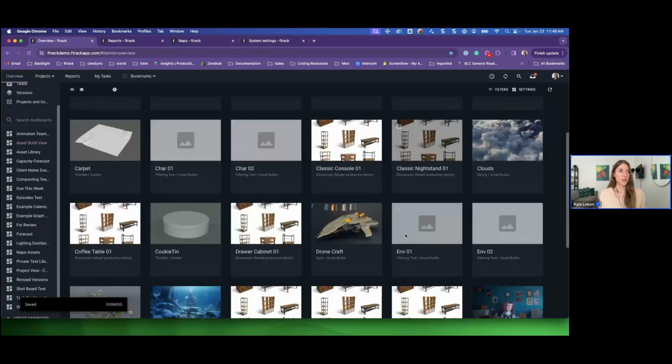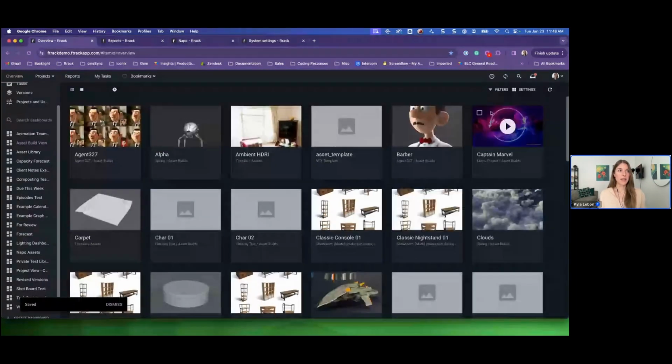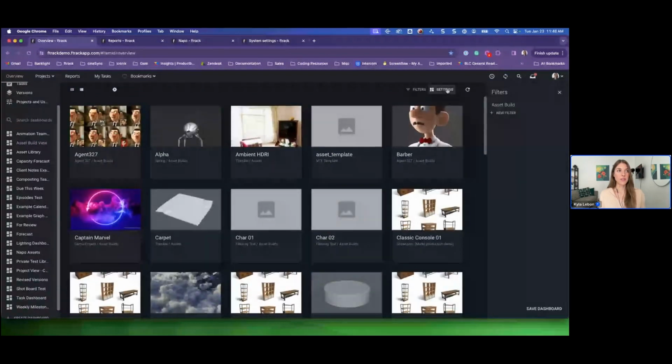And there we are. I've got a view that is showing me all of my asset builds, and then I can go ahead and set whatever filters or settings I want to apply to these as well. And that's all of the different areas where you can go ahead and customize and create your own dashboards, share them out with other team members,